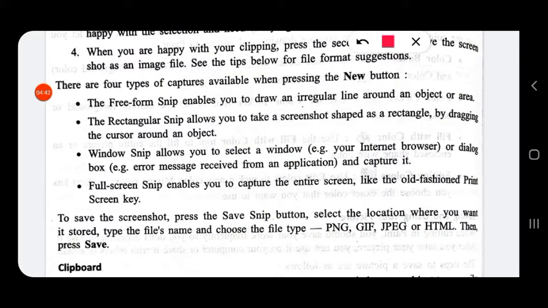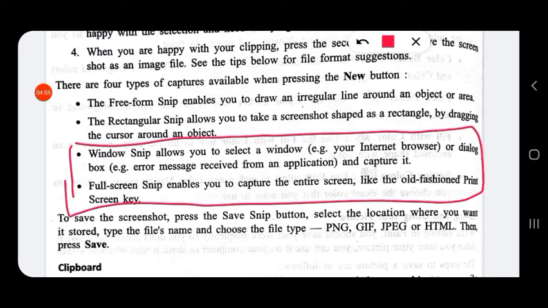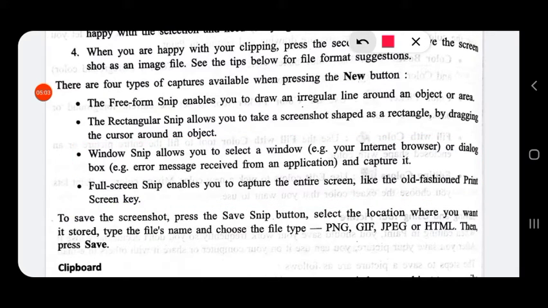The rectangular snip allows you to take the screenshot shaped as a rectangle, that is by dragging the cursor around an object. Suppose I want only this much text, then with the mouse I can select this much area. Then the snipping tool will select that particular area. Then window snip.